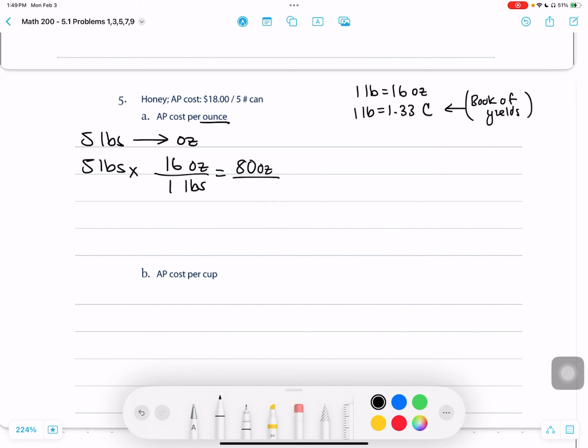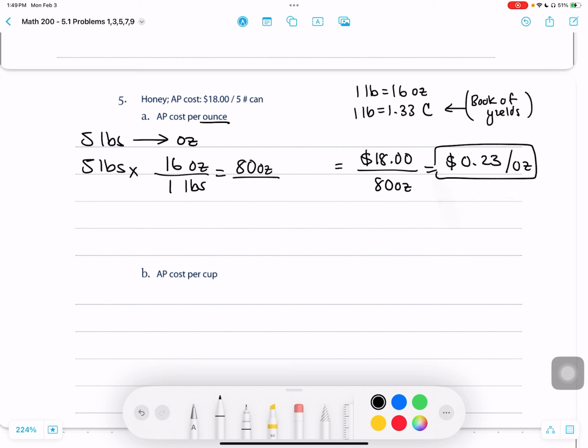Let's go ahead and use the formula. Total cost, which is $18, divided by the total number of units, in this case 80 ounces, which is the equivalent of 5 pounds, to find the cost per ounce. So I'm going to take $18 and divide it by 80 ounces, which gives me a price of about 23 cents